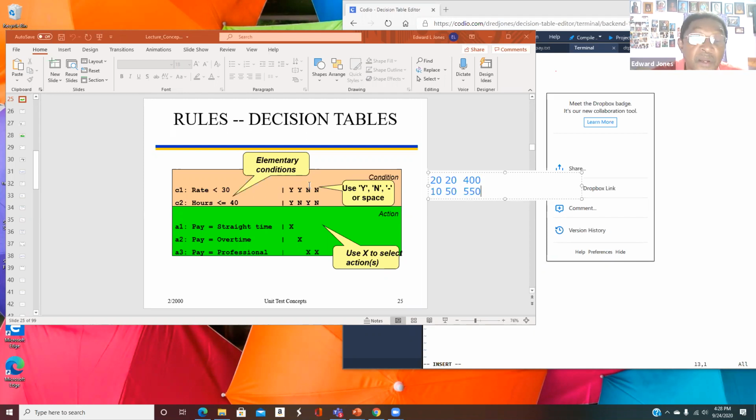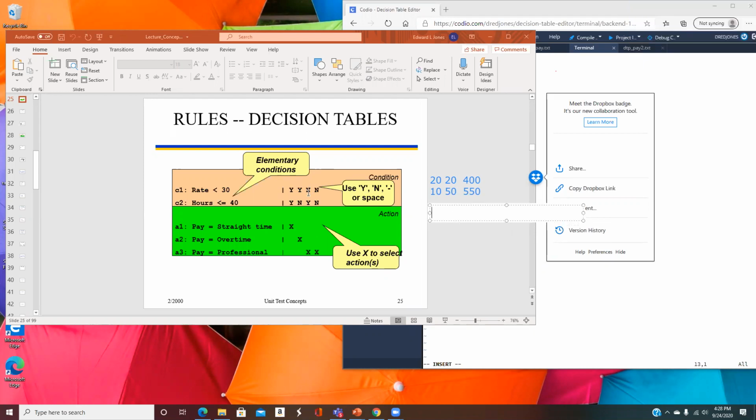Third rule, come down the third column. What's another good test case? Give it to me. Somebody say something. For the third, that would be hours greater than 40. Yeah, that would be hours greater than 40. No,